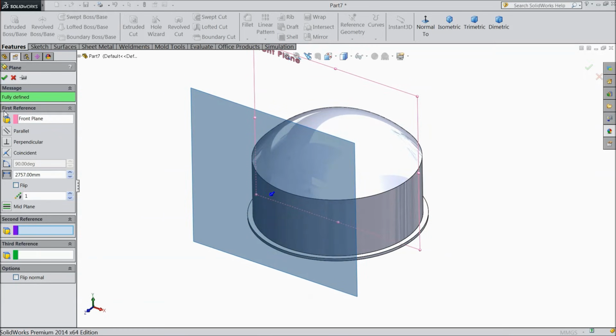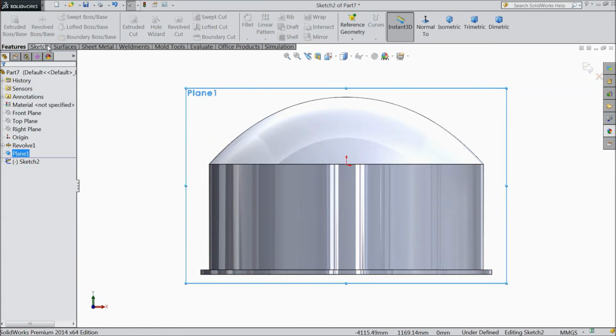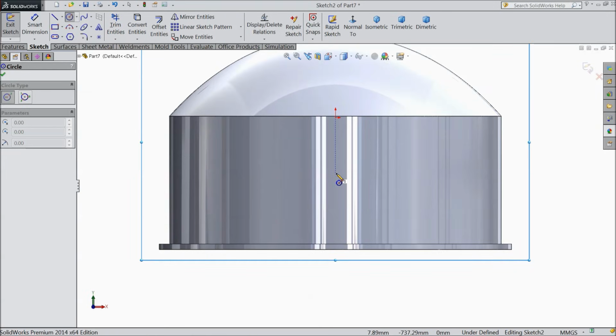Select OK. Now select this plane, sketch normal, and let's draw a circle here.